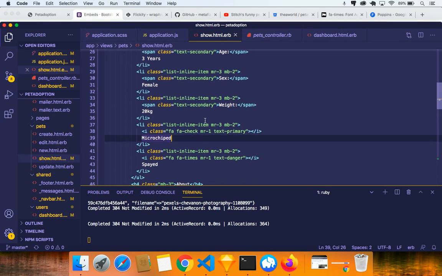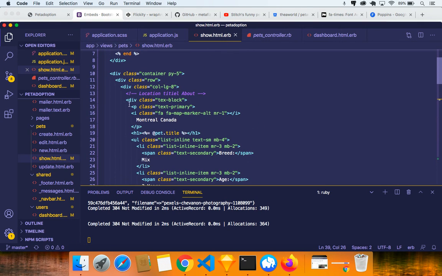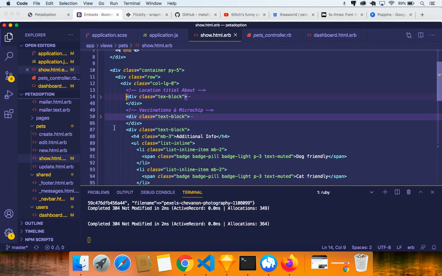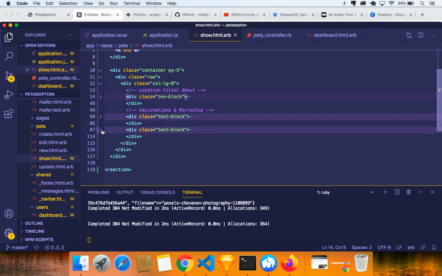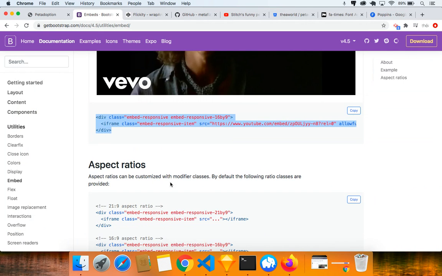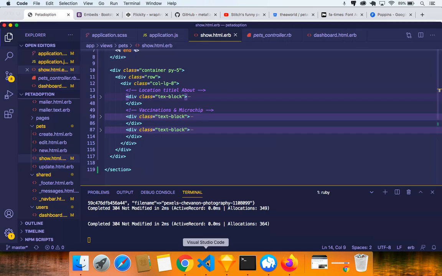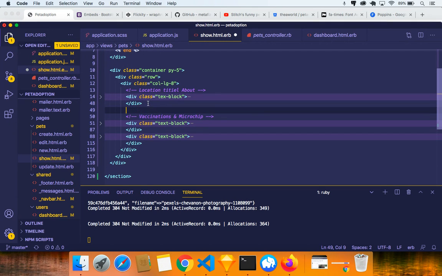And come over here. I'm gonna just collapse this because we don't need this text block. I was just fixing things. And then the additional info section, collapse that. So we wanna put the video right after the about. So we wanna come to the about, location, title, and microchip, and about. So right after the about, I'm gonna put another